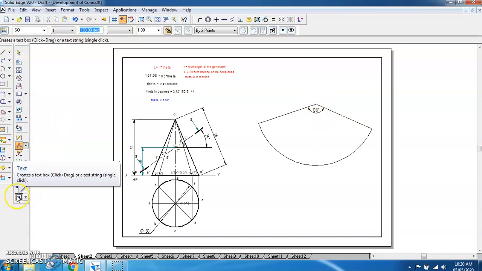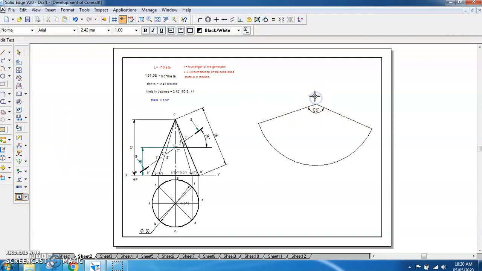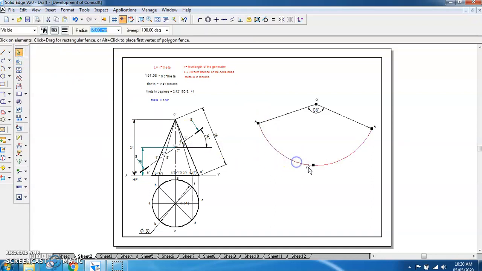We have got it, and if we name these points, this would be O, and this point would be A, and this would be A, because OA will be connected to OA. So in between, the generators we have to get. Now we don't know the length of B from A or C from B like that. So now we have to divide this arc into 8 equal parts.